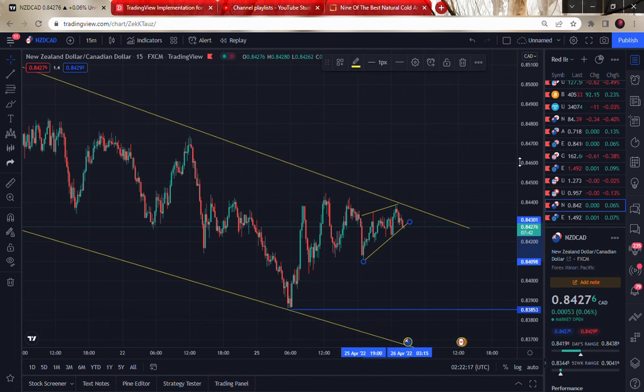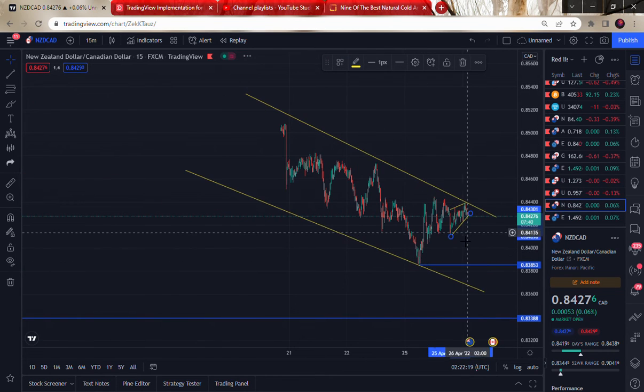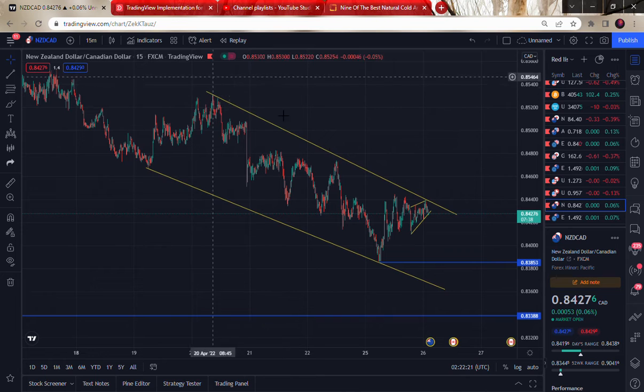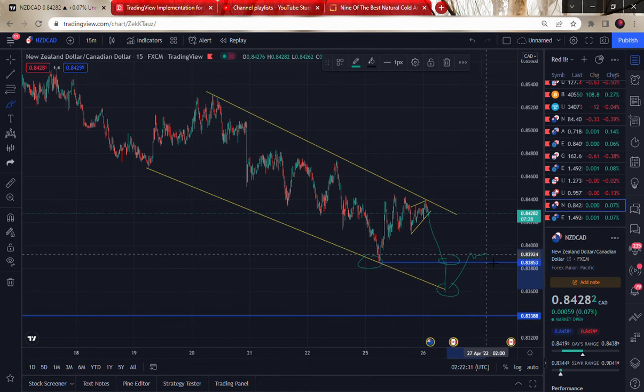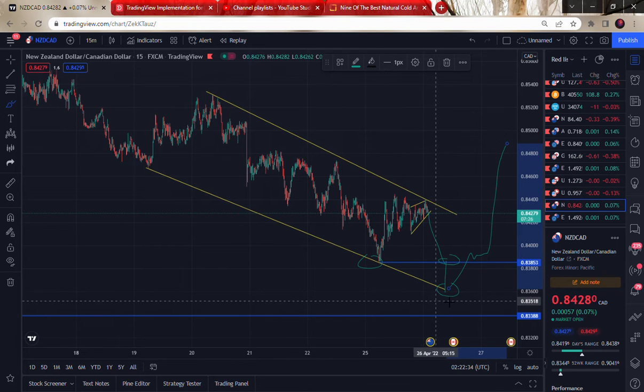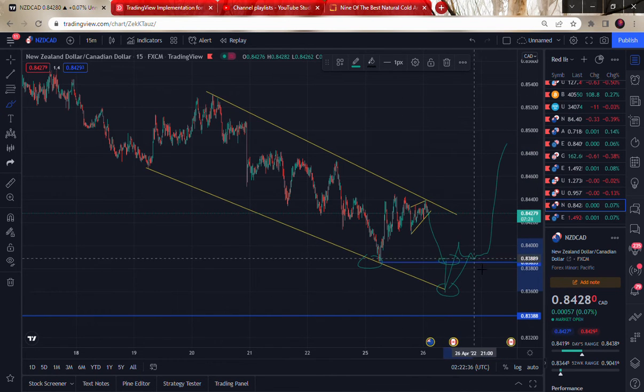Knowing that this move is still within structure, you are still waiting for either a double bottom or a third touch to take this move to the upside. So if you get a third touch, this will be your entry when you get this correction here, and then you take it to the upside. See, so that's